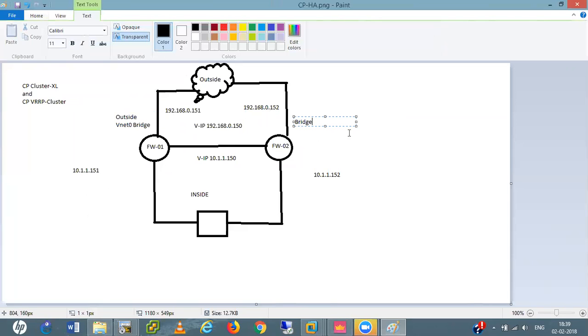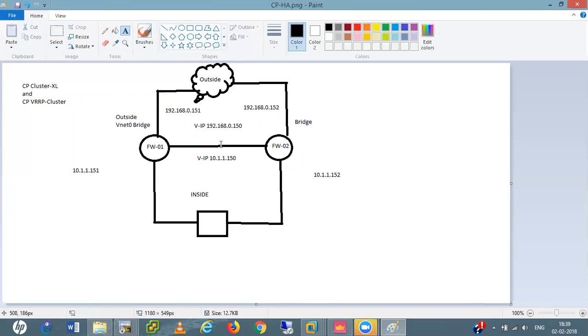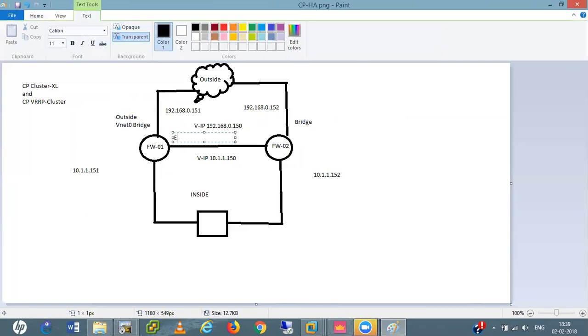Show me both links in VMware. Not an issue, wait for some time. This is my Ethernet 2, or you can call it VMnet 2. This is my Ethernet 1, or you can call it VMnet 1.